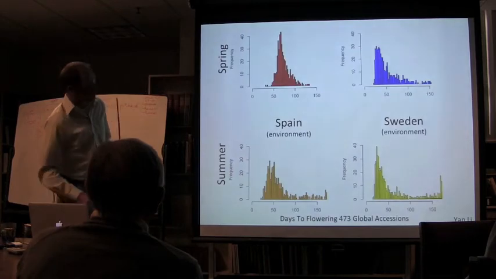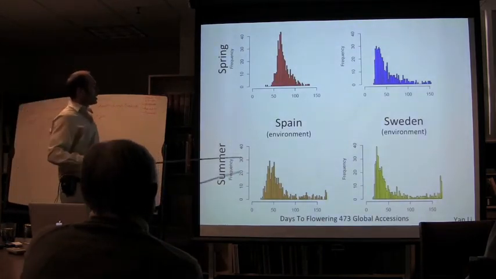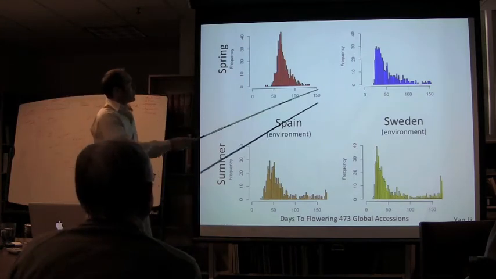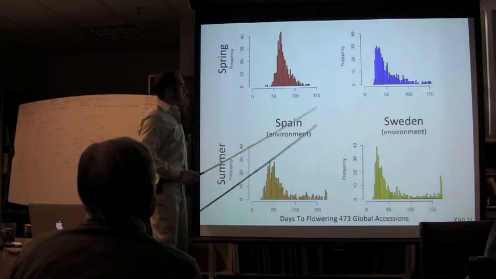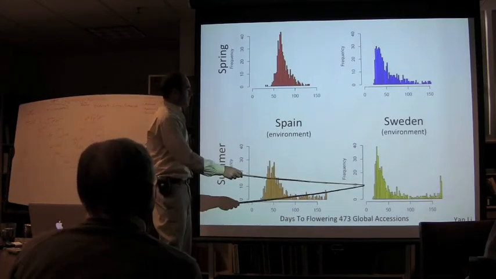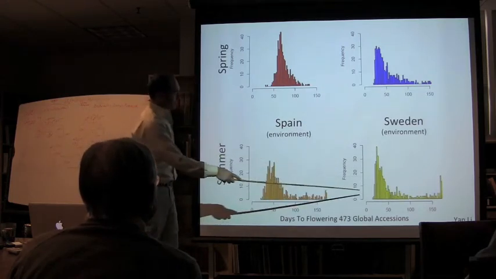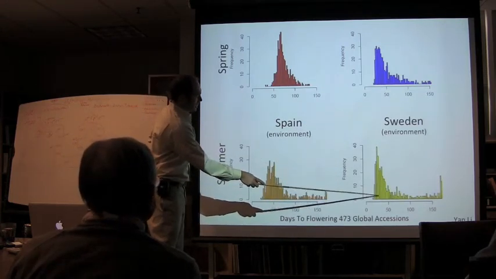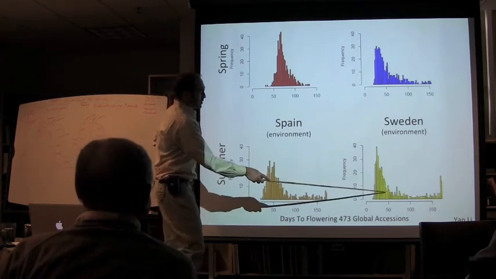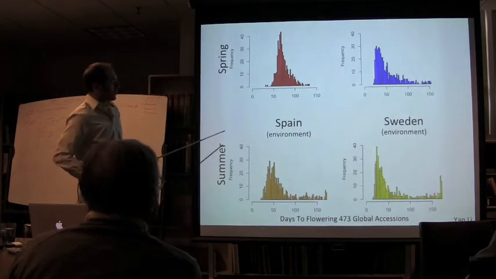So let's focus then on flowering time. This is the days till flowering in 4 environments. An early planting, a spring planting is in March or in May in Sweden. And this is a summer planting in April or in June. And so June planting in Sweden, most of the accessions flower right off the bat at about 25, 30 days. And then there's a long tail of lines that we're expecting to have a winter treatment, and they never flowered